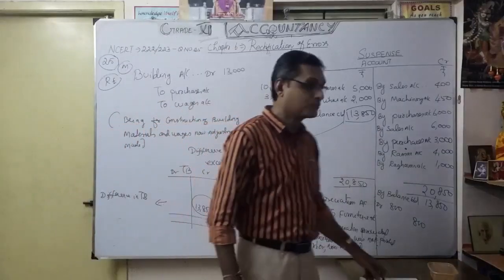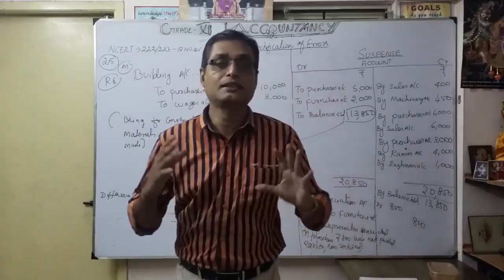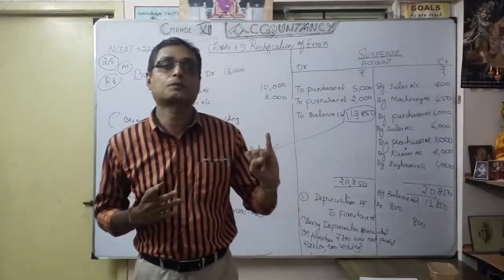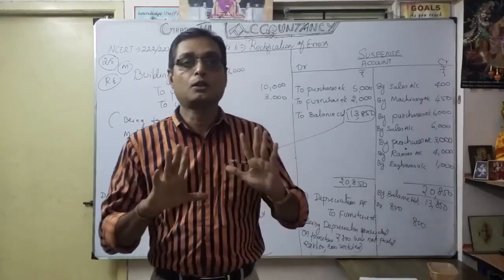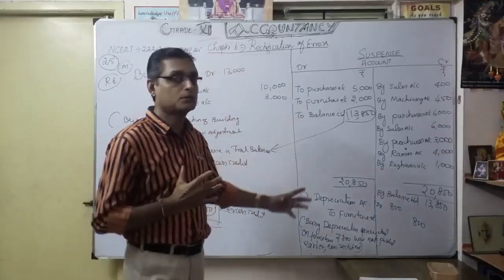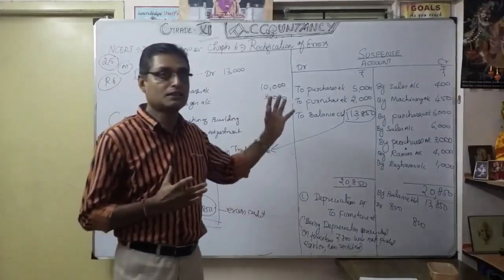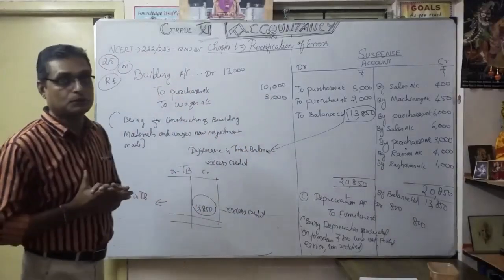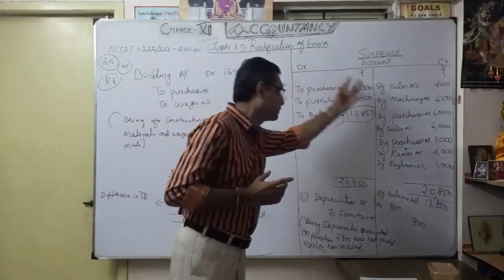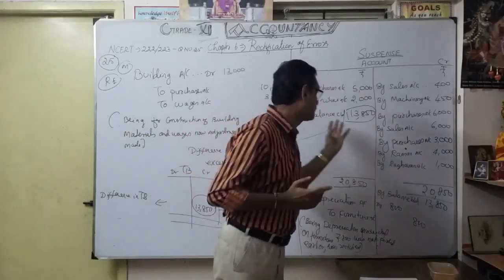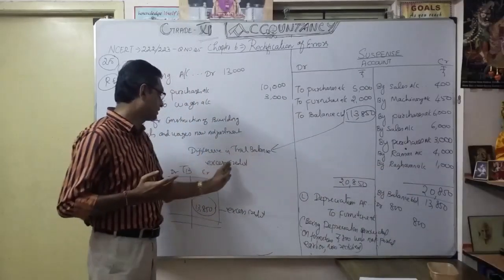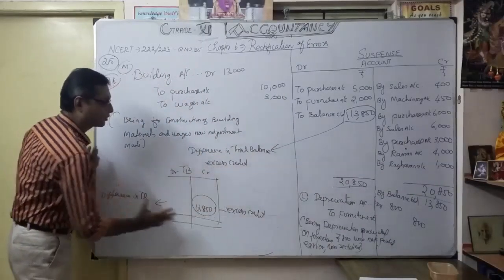Now understood? So that's rectification of errors, a very interesting chapter to identify and locate errors with the help of classification: error of commission, error of omission, error of principle, compensating error. We discussed it for more than a month with the help of important exercises inside the book. This is the last exercise, question number 25, NCERT 222 until 23. We discussed in detail how we prepare the suspense account. Finally we worked out the difference by balance brought down, 13,850, nothing but the difference in trial balance, excess credit 13,850. That's the example I showed.